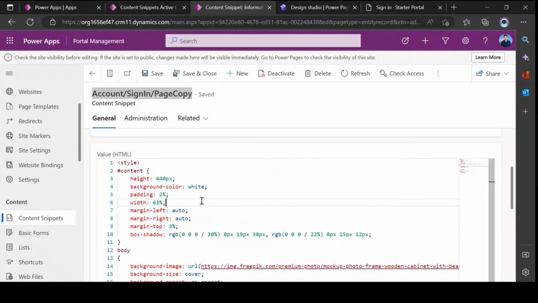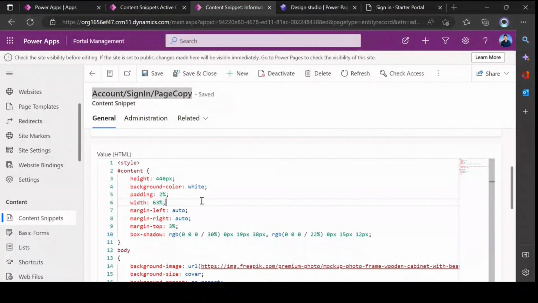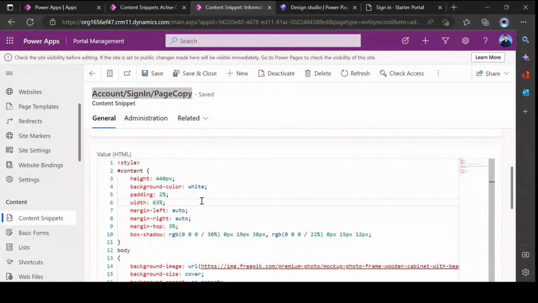As in my custom CSS and styling session, I told you that you can create your own custom CSS file. If you have your own custom CSS, you can keep it in a separate file, so that you don't need to go back and forth to find your CSS. You can keep all the CSS in a single file and can upload it as a custom file from